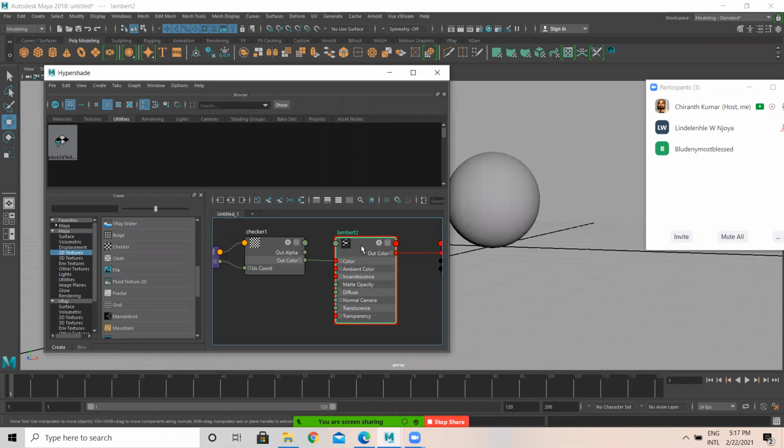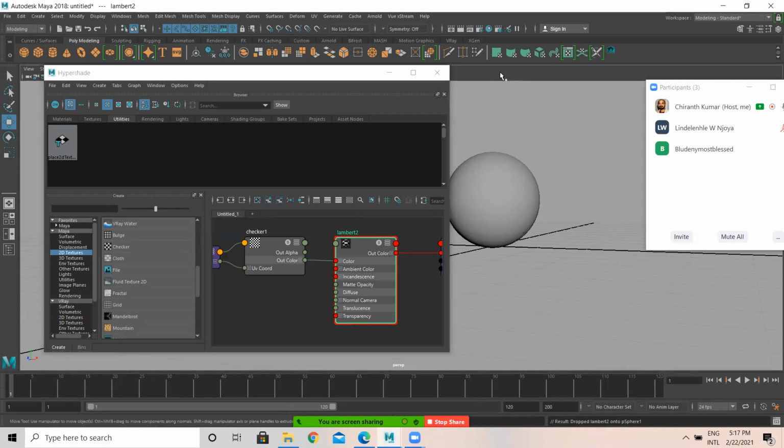Select this, click on the middle mouse button, hold it, then drag and drop on top of the sphere. Now the result: dropped Lambert 2 onto polySphere 1.